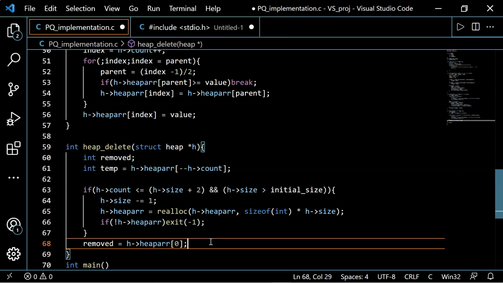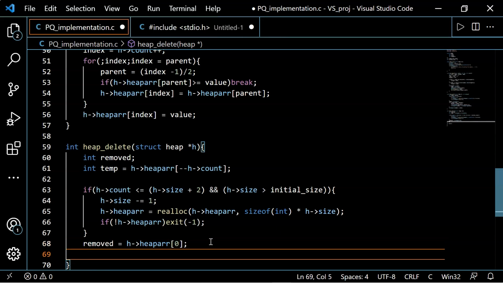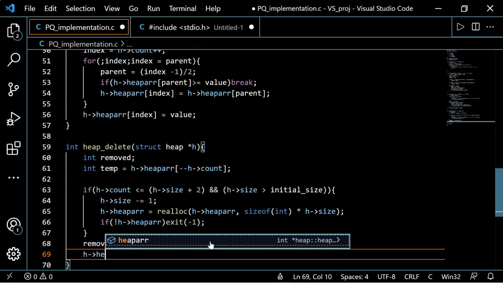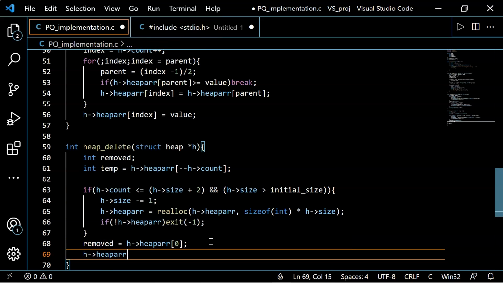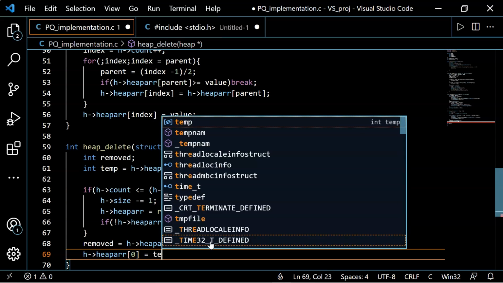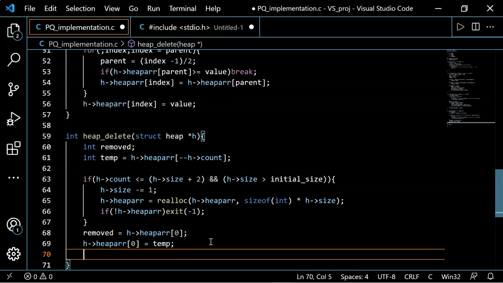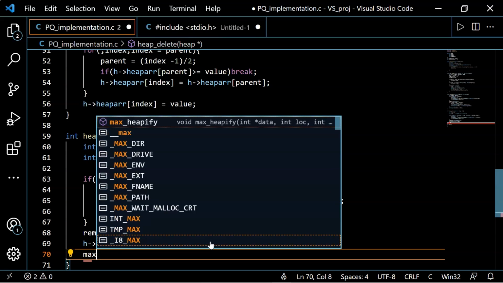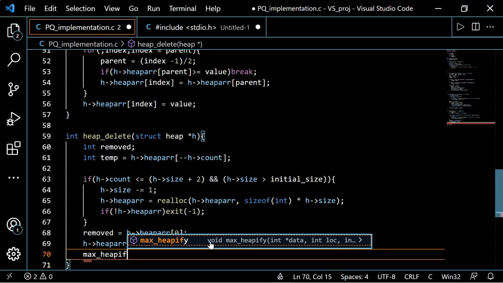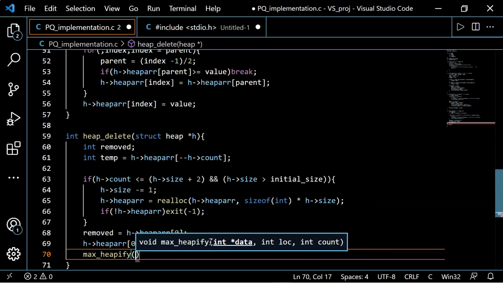Now moving forward, to delete this element, what we'll do is we will set h dot heap array and index 0 is equal to the temporary variable or pointer that we have created previously, and next we'll call the max underscore heapify function to rearrange the structure of our priority queue which has been shuffled due to this delete operation.